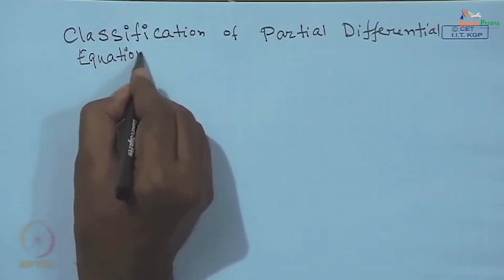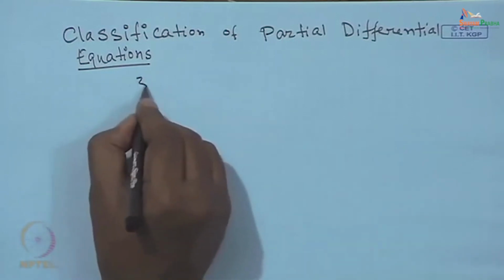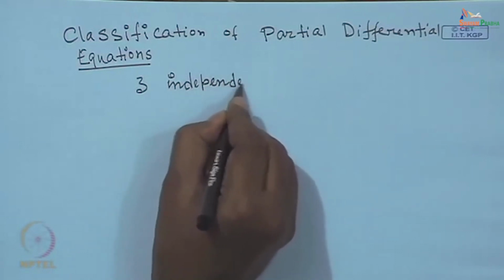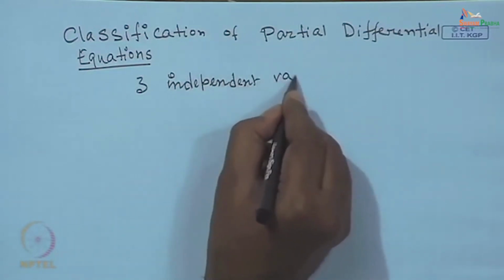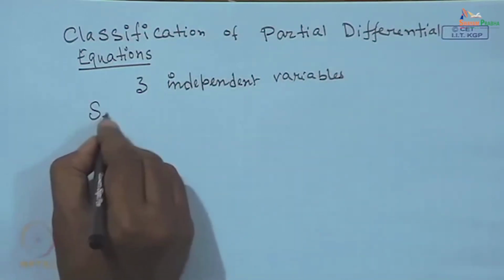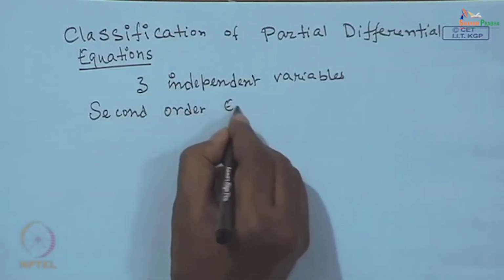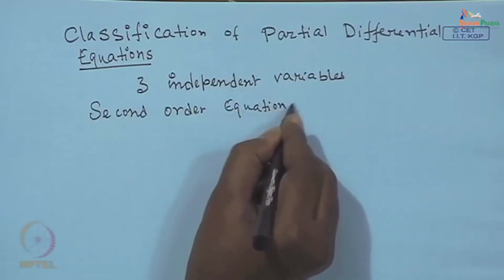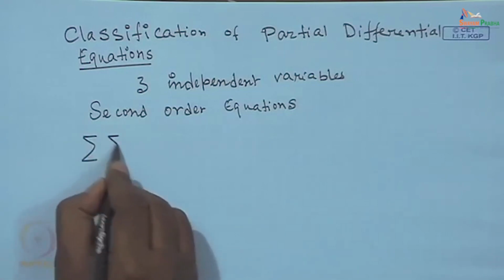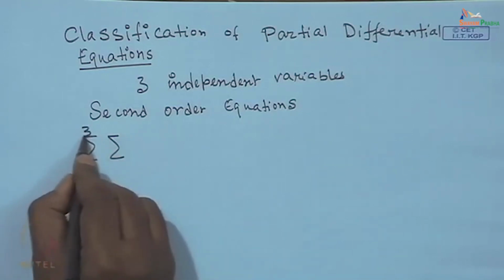Okay. So, we consider three independent variables and consider the second order equation. Most of the chemical engineering applications you will be landing with the second order equations. So, the general form of the partial differential equation of second order for three independent variables can be written